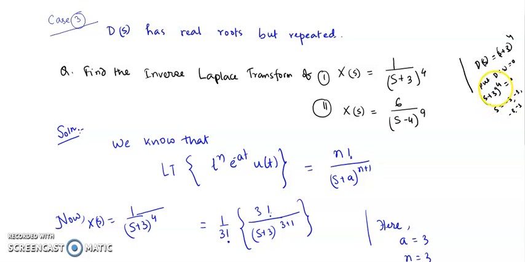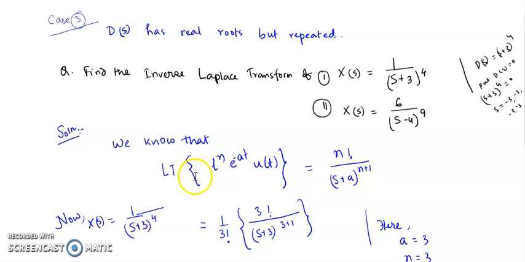Since the power of (s+3) is 4, we are indicating that it is a fourth-order equation, so it has 4 solutions. All the solutions will be -3. That means s equal to -3 is a real root, but this root is repeating. So when this type of function is there, then we have to use the formula of Laplace transform given by